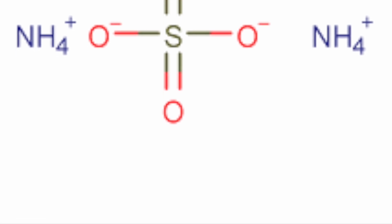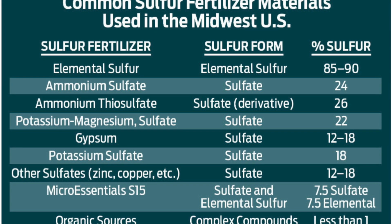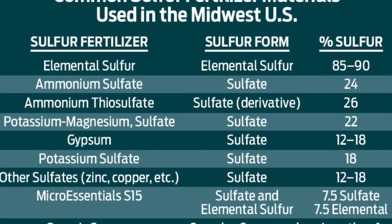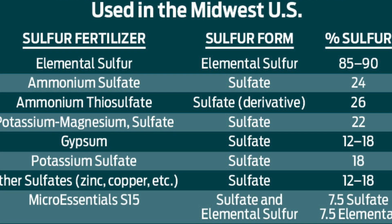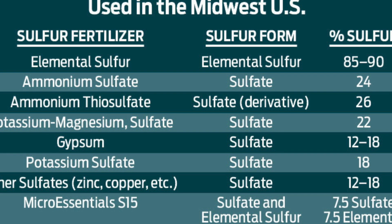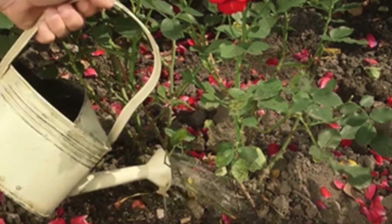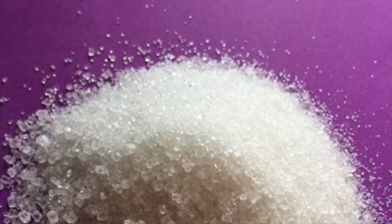In addition, there are many sulfur-containing compound fertilizers on the market, which not only provide sulfur, but also usually contain other nutrients required by plants, such as nitrogen, phosphorus, potassium, etc., which can meet the nutritional needs of roses in many aspects at the same time. For roses with severe sulfur deficiency, applying ammonium sulfate can directly provide sufficient sulfur sources to help restore the healthy